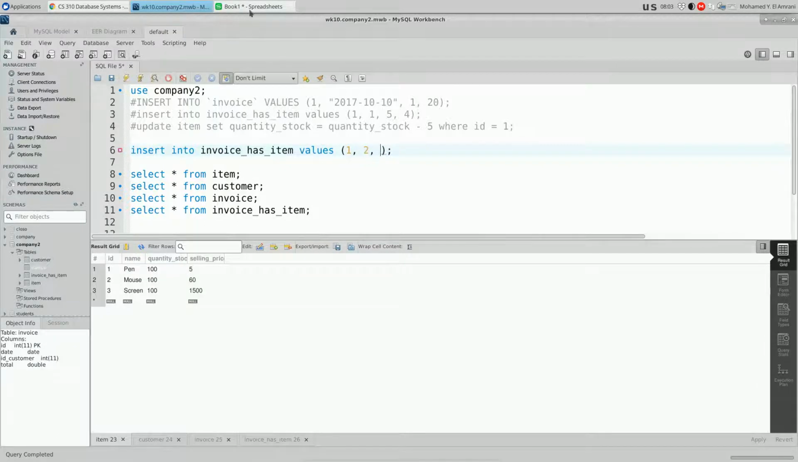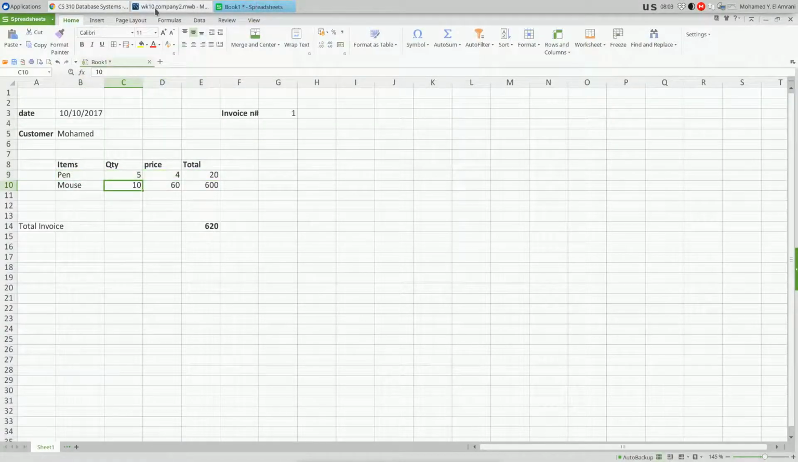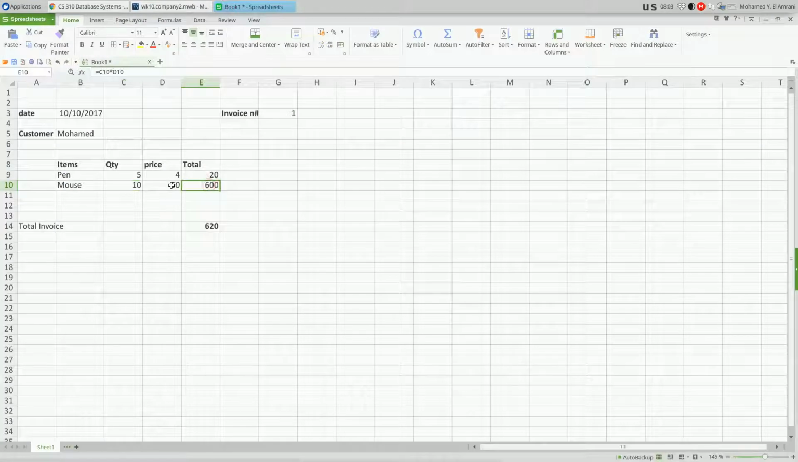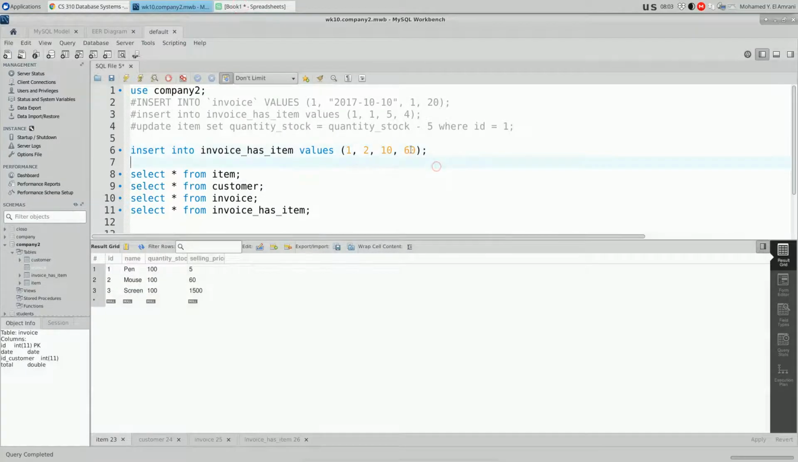Now the quantity, how much was sold? 10. To which price? 60. Sorry? 600. No, 60 we said. 600 is the total of 60 multiplied by 10. So this is what we insert. This is calculated when we don't have it there, but this is what's going to be. We can have a total of this if we'd like to add it, but this is not part of that. So now if I insert this,